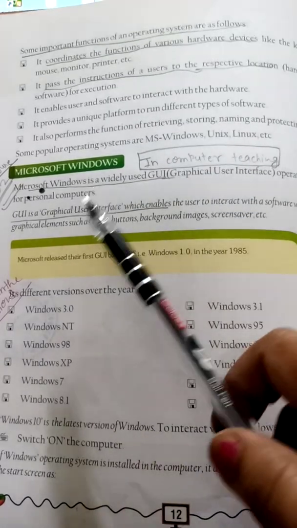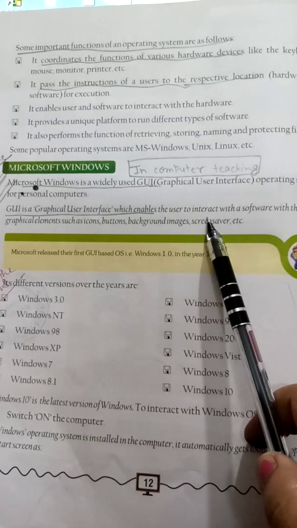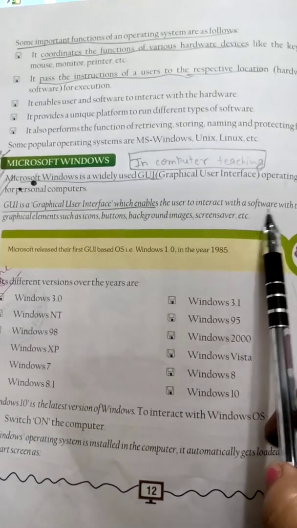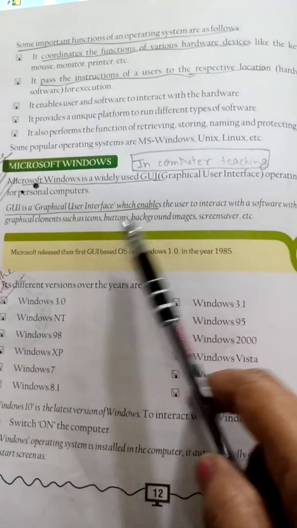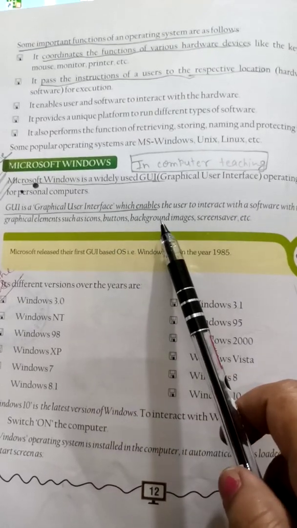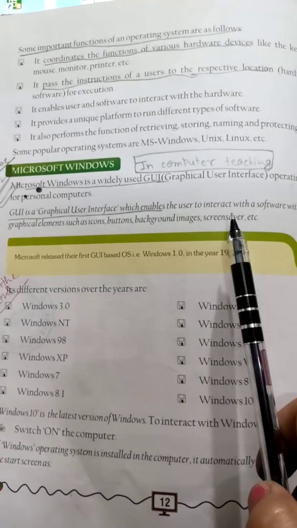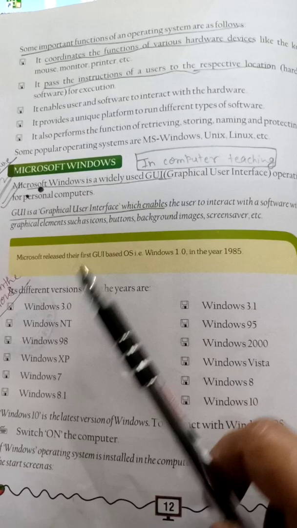GUI enables the user to interact with software with the help of graphical elements such as icons, buttons, backgrounds, images and screensaver, etc. So many different options are there.